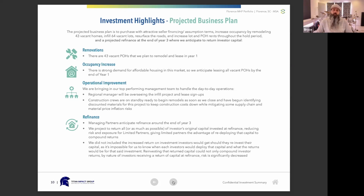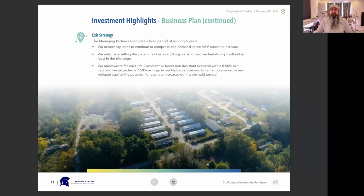And like I said before, we didn't increase the return on investment should you reinvest your capital, because we wouldn't know when the investors are going to reinvest that capital, at what month they reinvest it, and what the return projections or returns would be for that. So we can only base it off our investment, knowing that if you reinvest that money and it's in a profitable investment, then that would consequently compound the overall returns and the working of this money over the 5-year business plan. We anticipate exiting in about 5 years, and we actually anticipate cap rates to continue to compress and demand